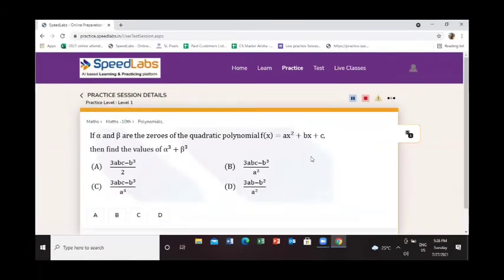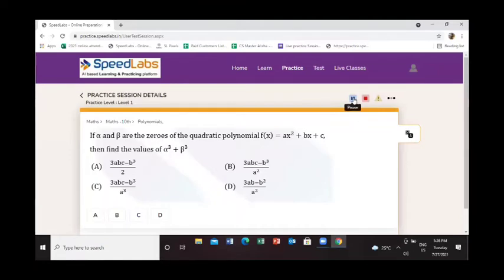Once you've done that, it will send a notification to your teacher that, suppose, Aditya has a doubt in this particular question in this particular chapter. Am I clear? So as and when you come across any question, if you find it difficult, just mark it for revision and mark for clarification. So your teachers will get to know how much you've actually understood, how much you need to understand more, where you're finding it difficult, and your teacher will have a one-on-one conversation with you regarding this particular question.